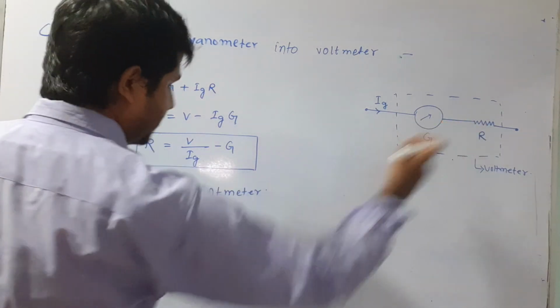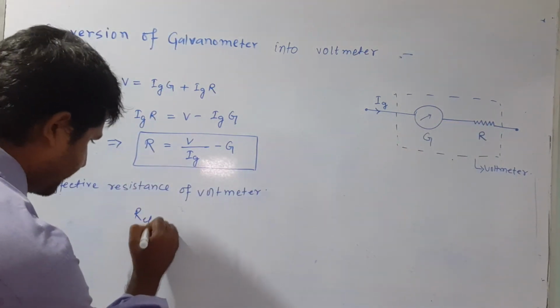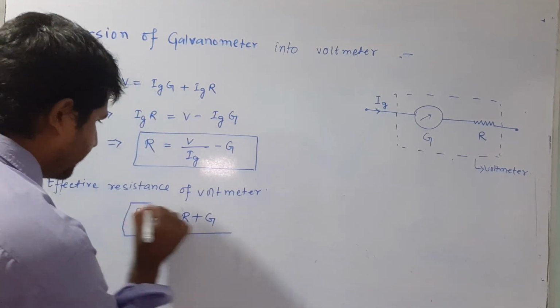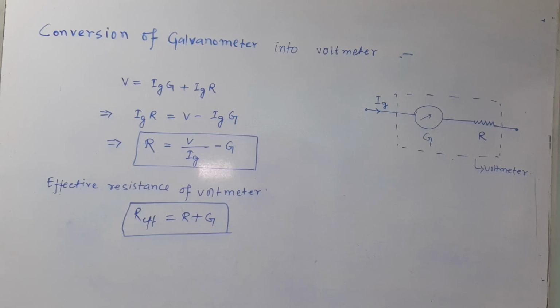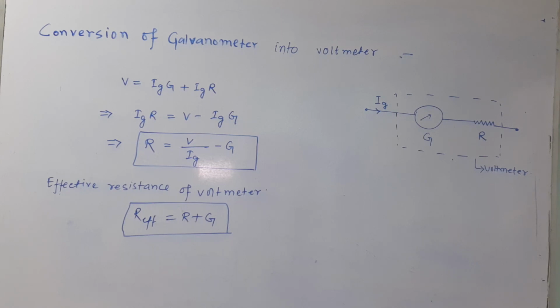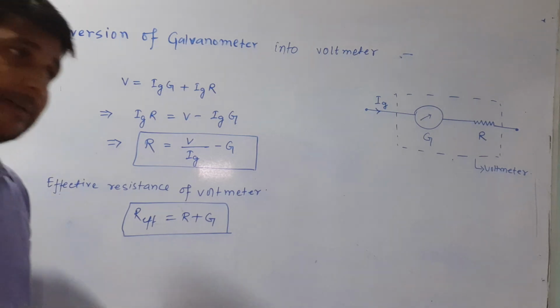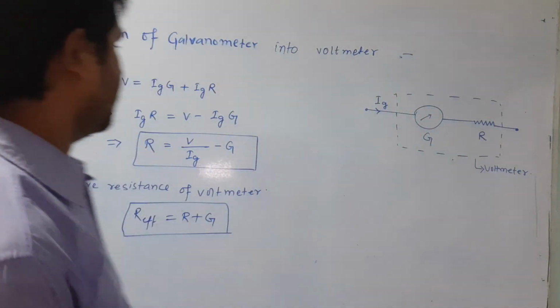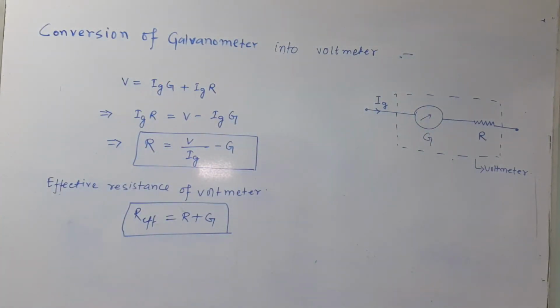These two are in series combination, so the effective resistance is R plus G. This is the effective resistance of the voltmeter and its value is very high. So a voltmeter is a high resistance device, and for an ideal voltmeter the resistance